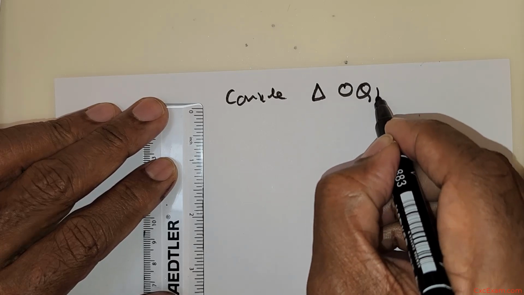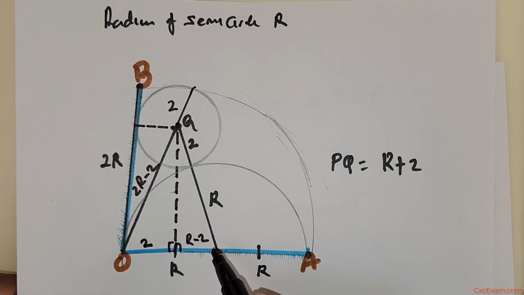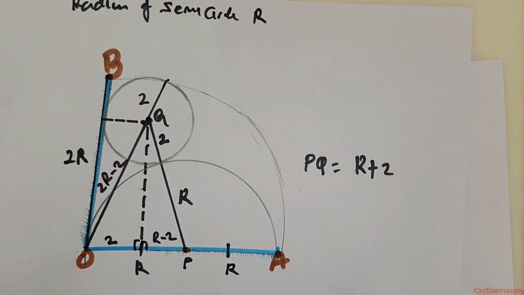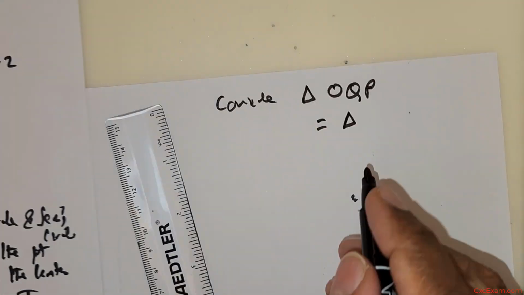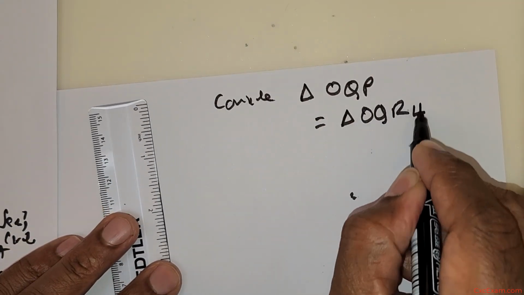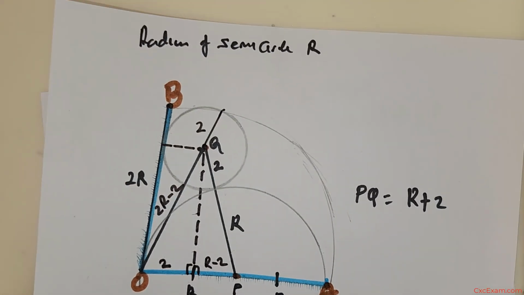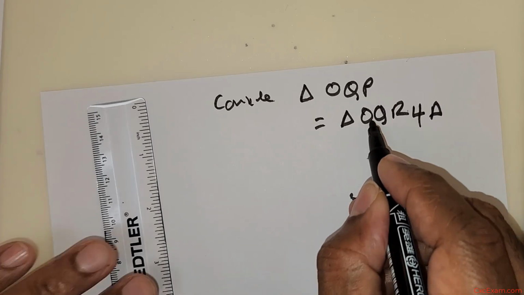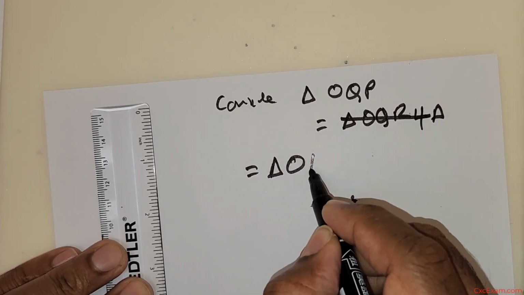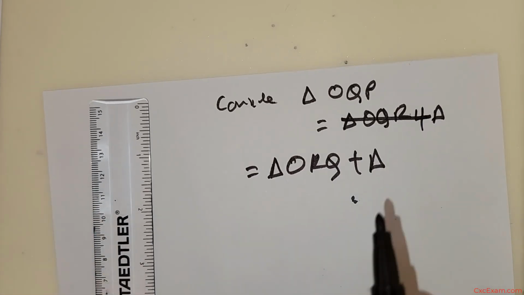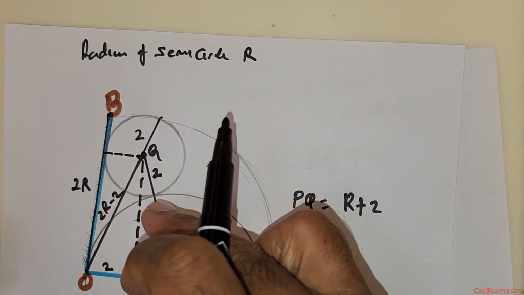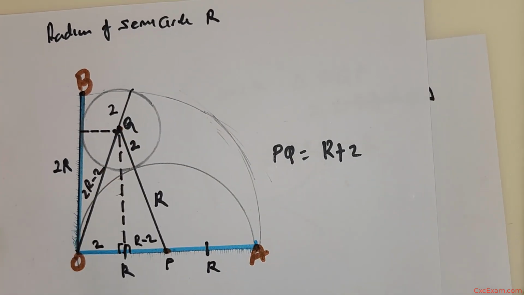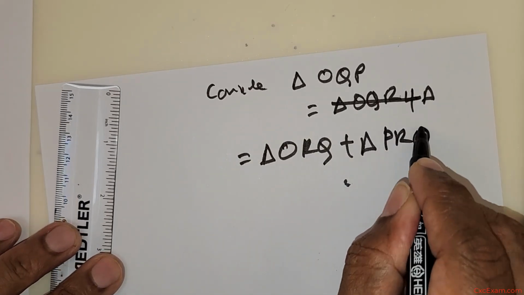Consider triangle OQP, which is equal to triangle ORQ plus triangle PRQ. Okay,